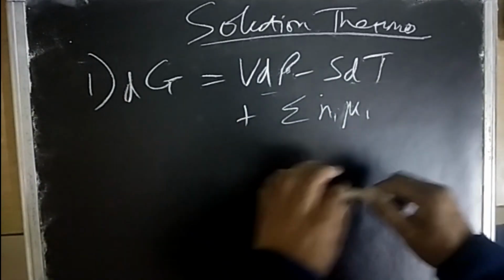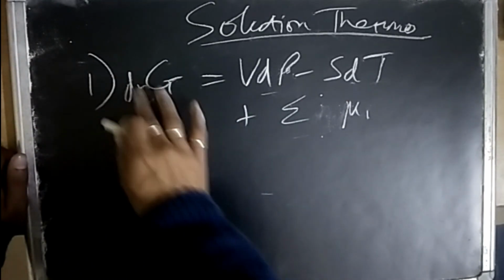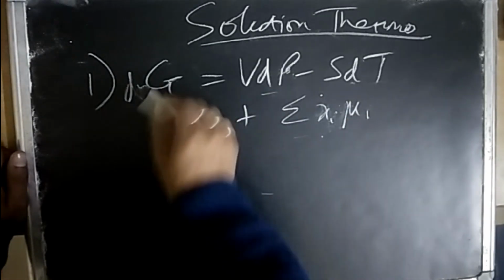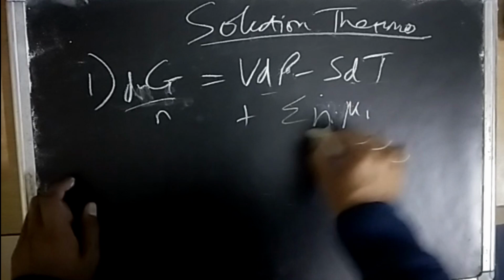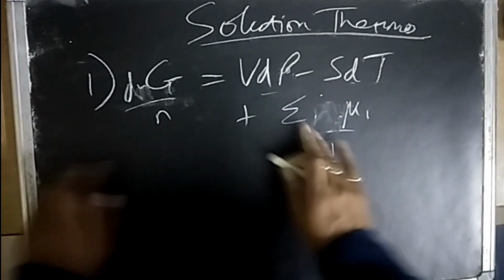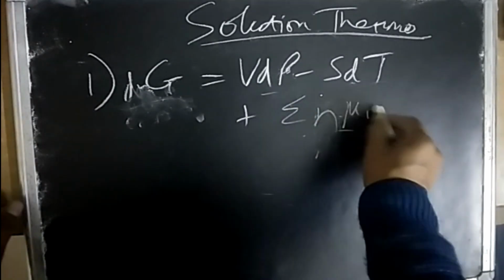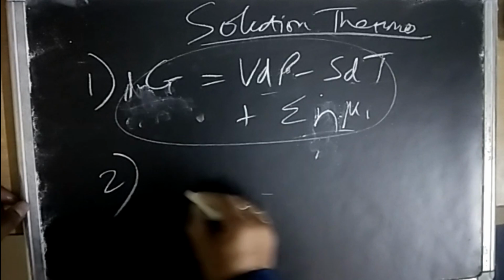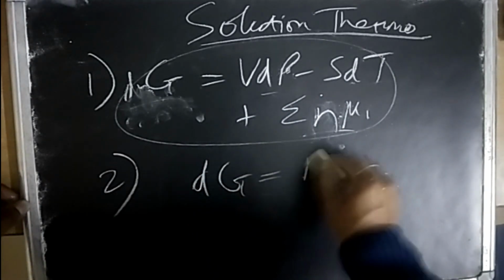Okay, x_i mu_i, if it is n, and if we divide by the total moles, then n_i by total moles, so x_i would come. You can figure it that way, but n_i mu_i. Okay, this is the first main equation, and the second main equation is that dG is equal to RT ln